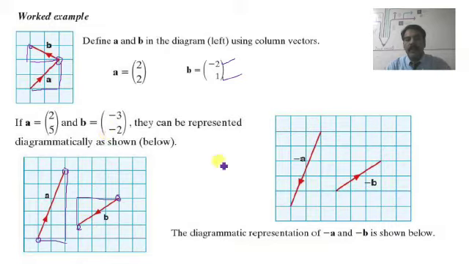Similarly, if we have to change the direction of the vector, if I am supposed to find out -a, then what will happen? Only this arrow will change its sign, the rest will remain as it is, and that is -a. Similarly, -b can be, now this arrow is going in the downward direction, I will simply change the direction of the arrow, it is exactly in the opposite direction, and that is -b. That is how we can calculate -a or -b.